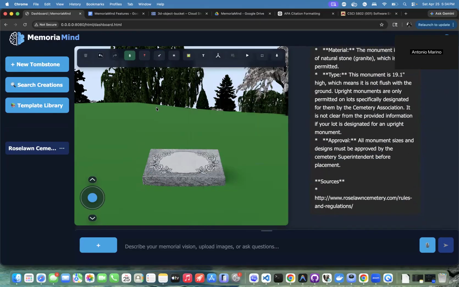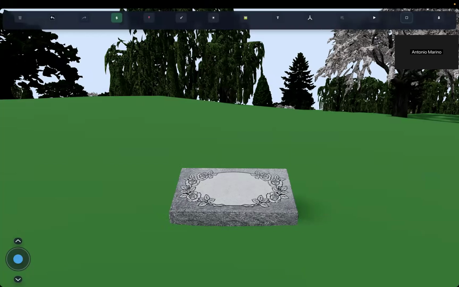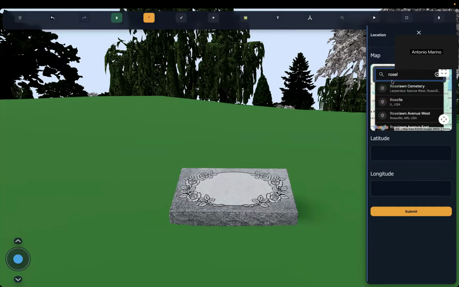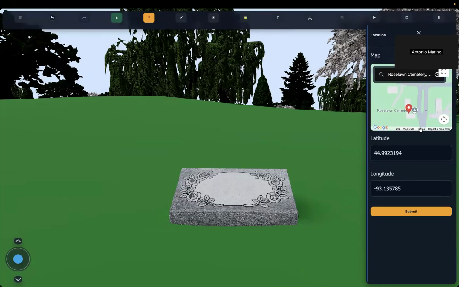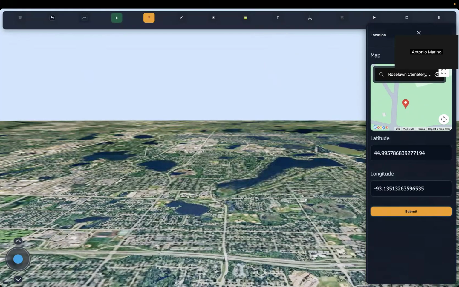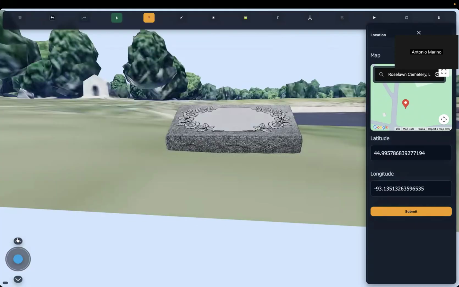Now, let's talk about the aesthetic aspect. We've built in this feature where you can utilize Google Maps API to select a particular cemetery or wherever you like. It doesn't have to be a cemetery. And you can drop a pin in a location that you want. So let's say we want to put a tombstone right here. It extracts the latitude and longitude from our drop pin, and we can submit that, and we'll see